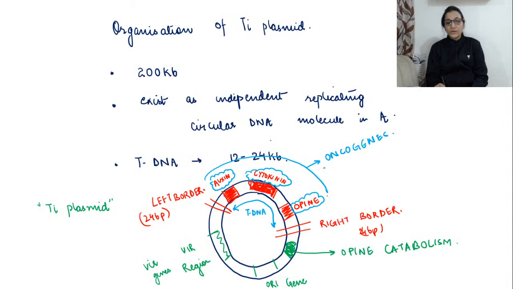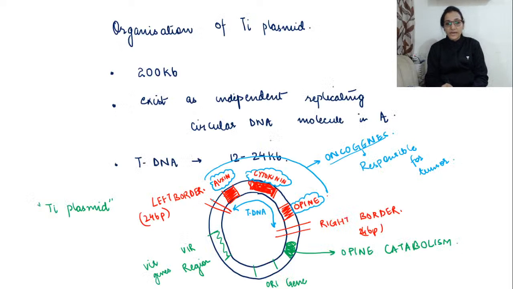Oncogenes are the determinants for the tumor phenotype. They are responsible for causing the tumor, so they are called oncogenes, right? After this,